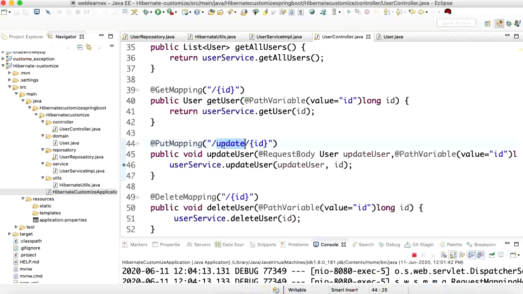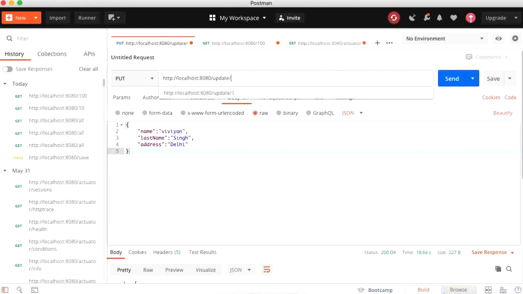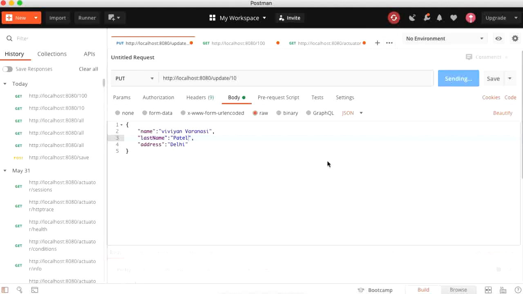My endpoint is update and pass some path variable. So I'm going to update ID number 10 with the VBN Singh, Varanasi, and Patel, and let me update it.